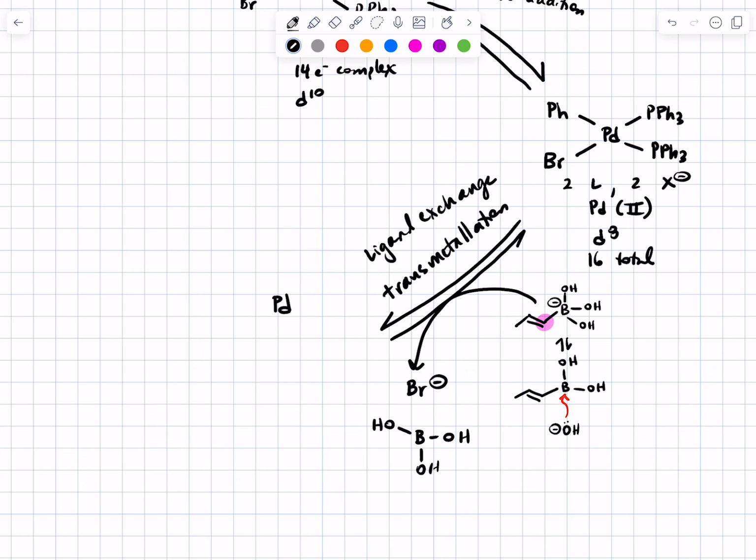Okay, the new complex that's going to be made at this point still has the 2 triphenylphosphine ligands on it, and it's still got the phenyl group on it, but now that vinyl group that used to be attached to the boronic acid is now attached to the palladium. Why do we call that a transmetallation? Because the palladium is one metal,